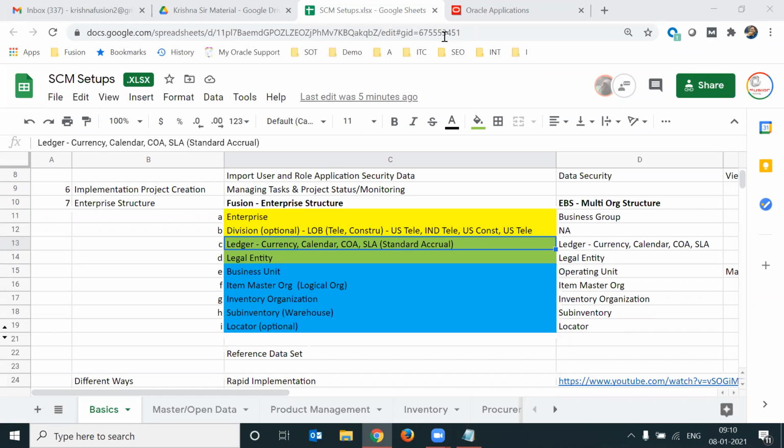How will we decide whether we have to use the division concept or not? It is similar to business unit, right? Yeah, that's the division concept. As I said, we have not implemented it in any of the projects, not only my projects but also my friends' projects. I have not seen anyone using the division concept, and I can't really tell you where exactly it fits in the application and is useful for the client. Even I don't know that because we have not used it.